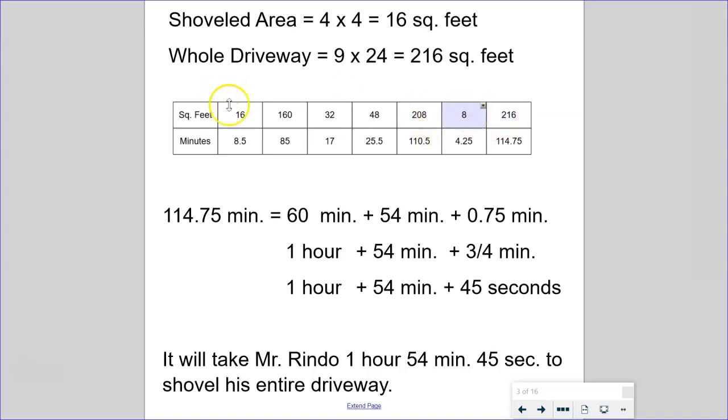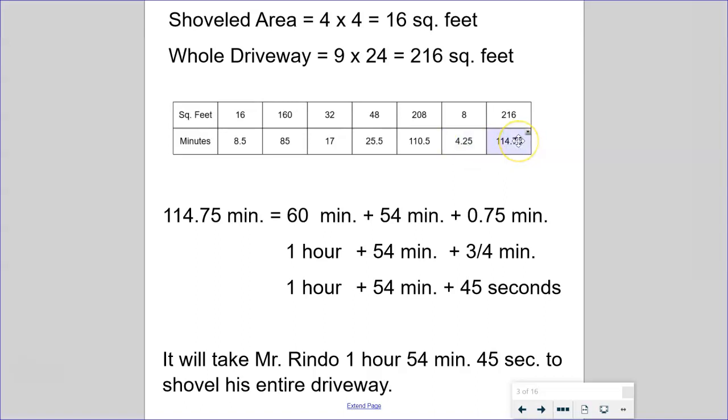So to find 8, I simply took this 16 and I halved it. And that gave me 8, and I took 8.5 minutes and split it in half, and that gave me 4 1/4, or 4 25/100. So, final step, I took the 208 and the 8, added them together to get 216, and then took 110.5 minutes and 4 1/4 minutes, added them together for a total of